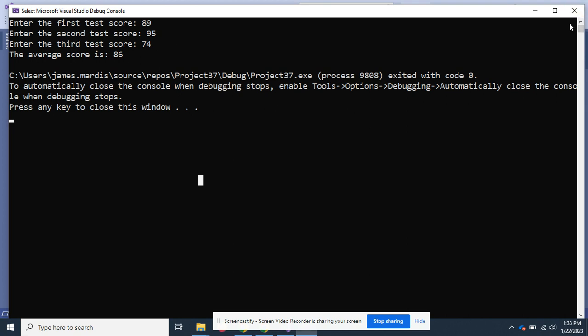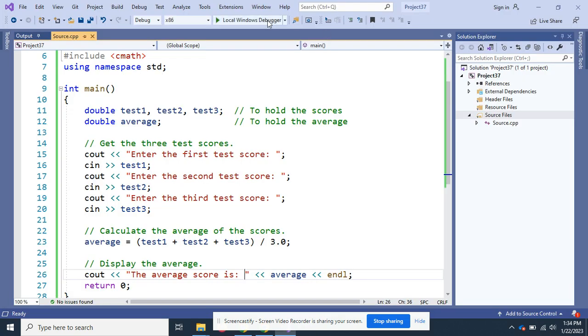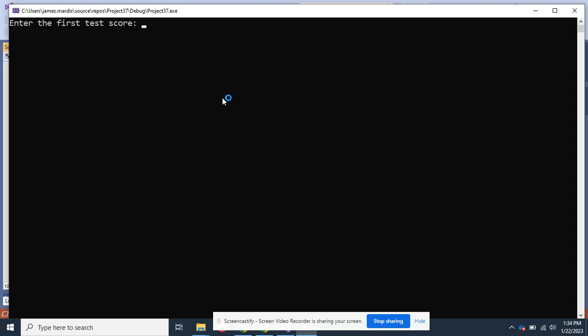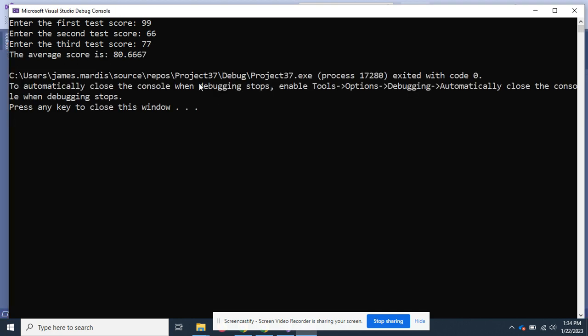Let me go back and run this again with different numbers. Let's make this 99, 88 or 66, and let's make this one 77. Hit enter, and you can see this is a double.